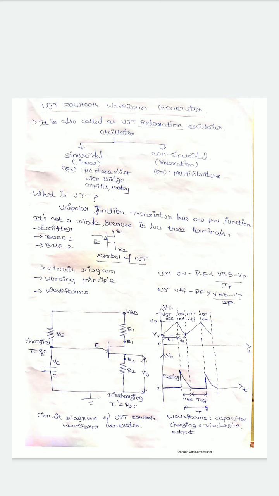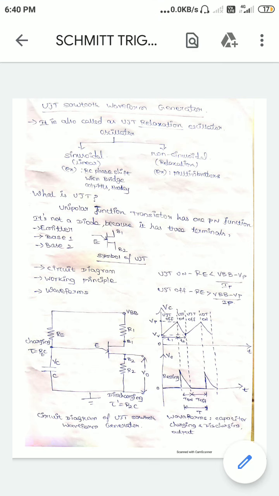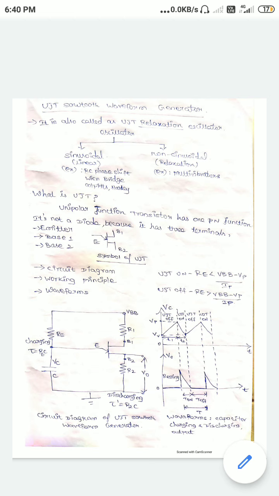Again the capacitor is charging. When the charging cycle takes place, the transistor will be in the off position, and at that time there is no output. See the output waveform, it is a straight line. That is called the resting state or relaxing state of the transistor. Again during the discharging cycle, the UJT transistor will be in the on state and it produces the output V0 across R2. So you have the waveform here.